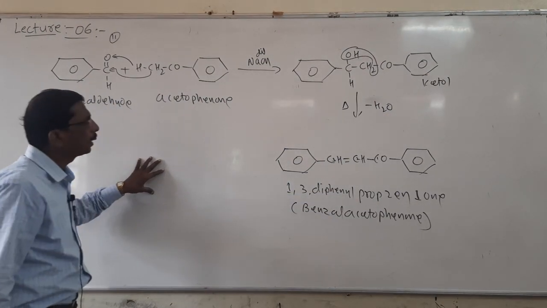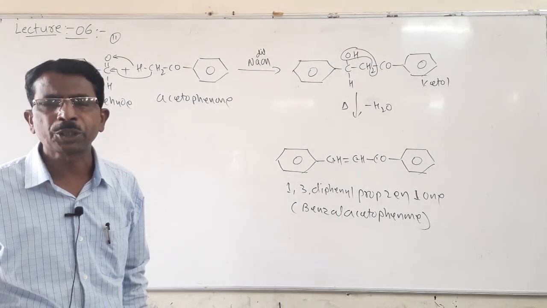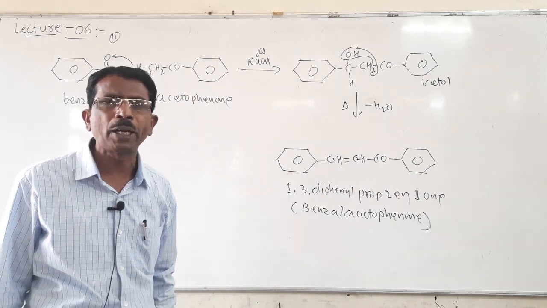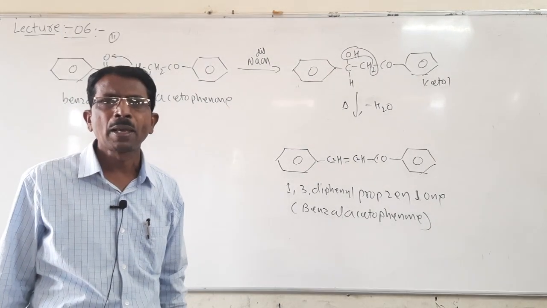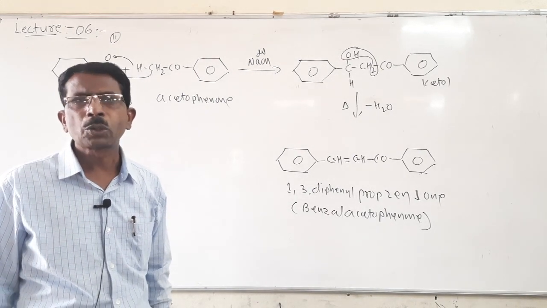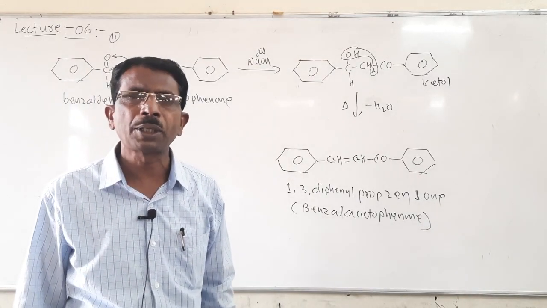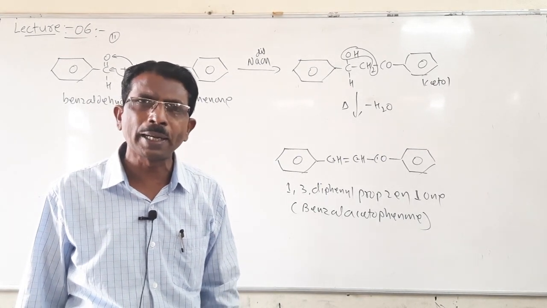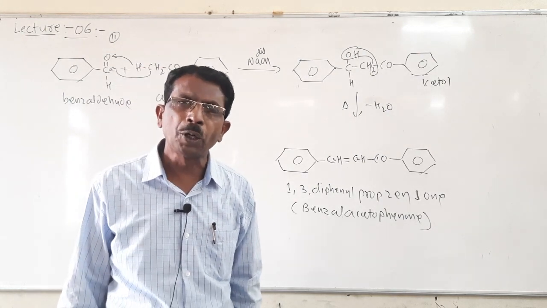So here is this reaction, and then the last one, another one is there, that is called the Cannizzaro reaction. So what happens if the aldehydes and ketones do not contain an alpha hydrogen atom? If they do not contain an alpha hydrogen atom, and when they are treated with concentrated alkali, not dilute, concentrated alkali, they undergo the Cannizzaro reaction. Means they undergo a mutual oxidation reduction reaction. One aldehyde oxidizes to a carboxylic acid salt, and another aldehyde group reduces to alcohol.